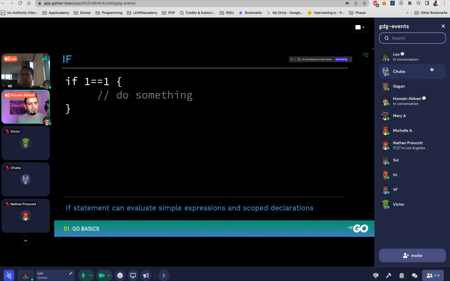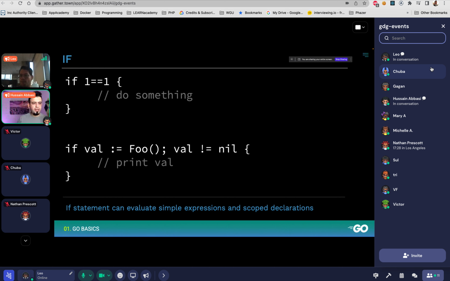Now, the if control. As you would imagine, it's just an if condition, do something. One of the things that's interesting in Go is that we can declare and initialize variables within that if statement and then check for them. So in this case, we have a foo method that returns some value. I'm saying if val := get the value, and then right away check if the value is null or not.